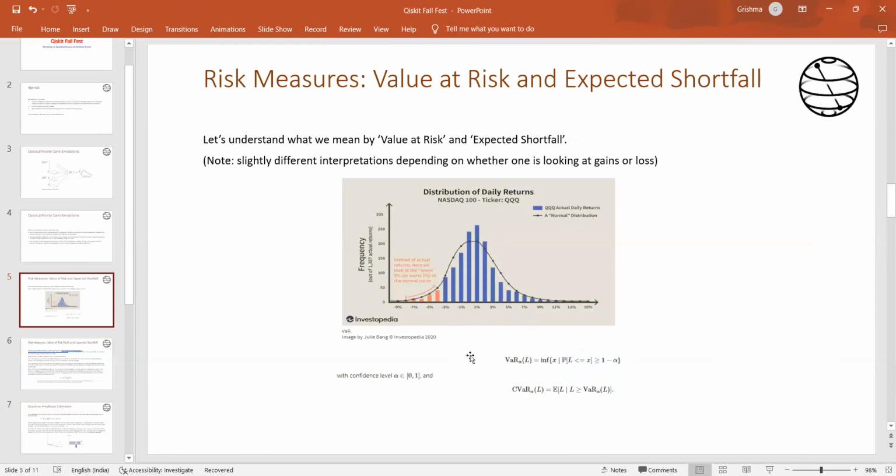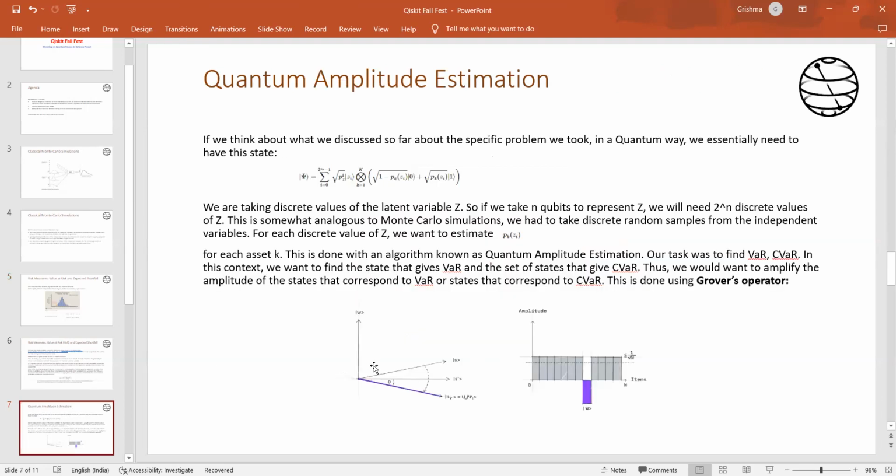But this is not exactly a standard normal variable. Usually in a standard normal variable, you have the peak occurring at a zero value. So usually that's the standard distribution that we always consider. And then we further bring in complexities to it by mapping that distribution to other non-intuitive and random distributions.